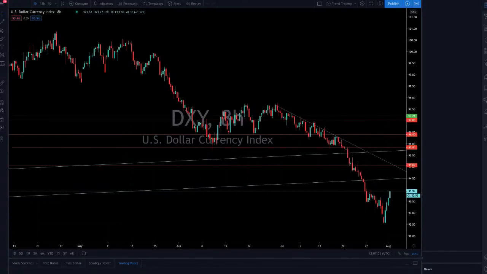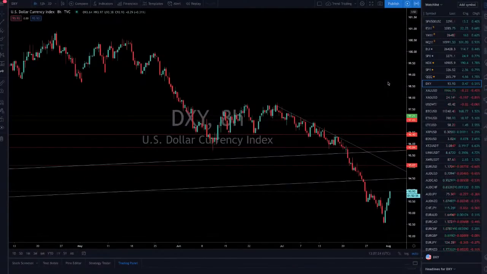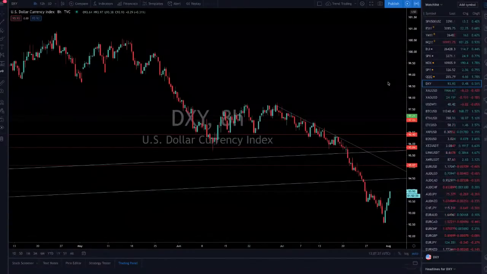Just close your ears. Jordan, could you talk where you would want to take profit long-term on gold? Great question, by the way. I have no profit targets whatsoever on gold and silver, both of which are just beginning to enter that sweet spot of the bull market. And silver is lagging way behind. Gold is the one that's looking at making new all-times over here. As far as long-term price targets, you can't have one